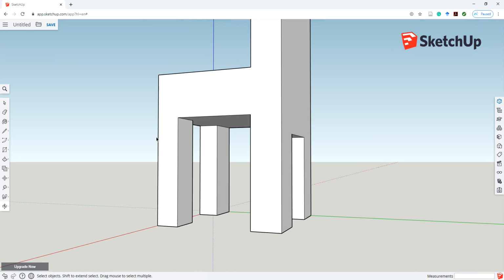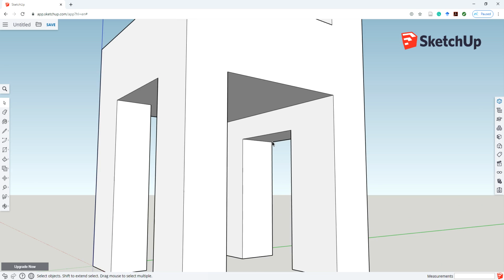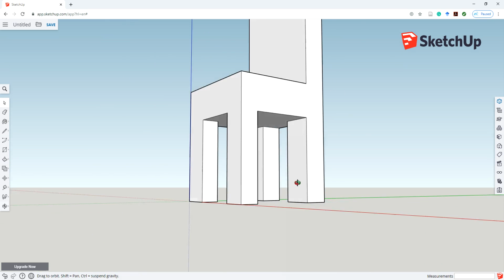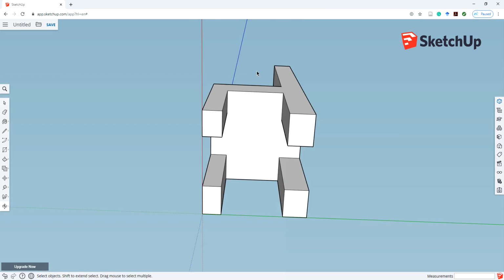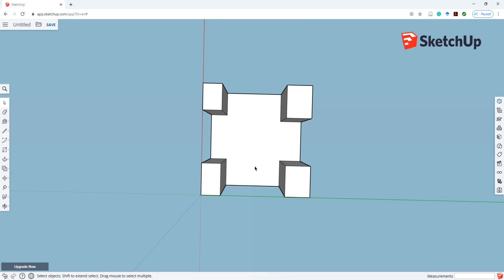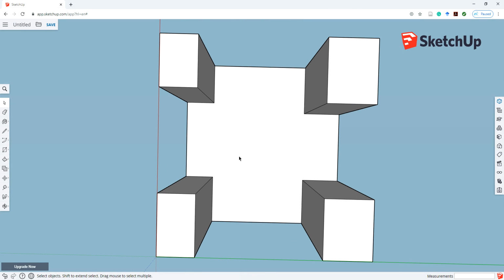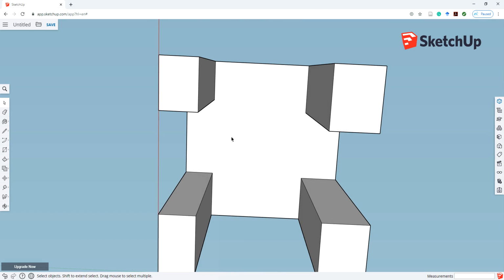Okay? I'm going to do the same on the other side. So right here, P to push-pull, I'm going to left-click, go up. Right here where it reads on face, so it matches that height, I'm going to left-click, spacebar. I'm going to go ahead and click in this line in between and delete. So I'm going to look under now, and okay, now that the seat here is one surface,